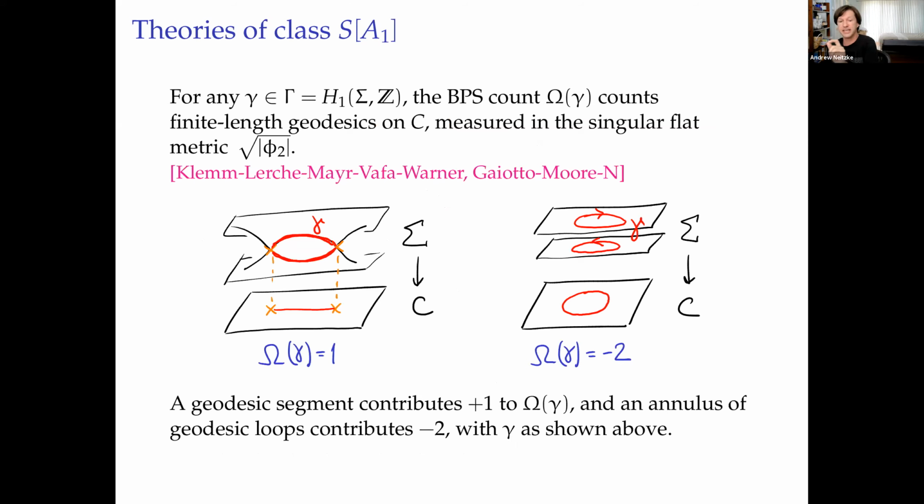The things that you have to count, which are kind of the classical avatars, if you like, of these BPS particles, it turns out, is just geodesics on the curve. Well, geodesics in what metric? If we have a holomorphic, meromorphic quadratic differential, then we get...